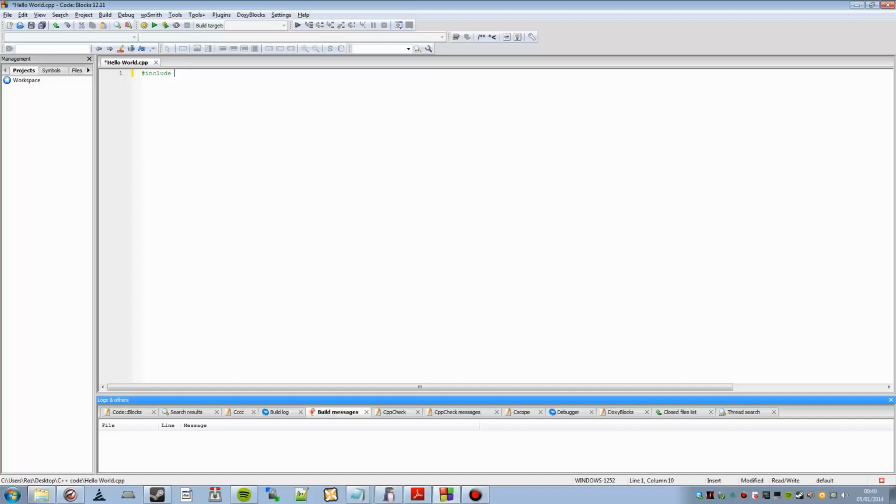file in your code. This could be something from the C++ library or some code that you've written yourself that you want to use. So here we're going to write iostream. This stands for input output stream and allows you to take an input from the user and also output to